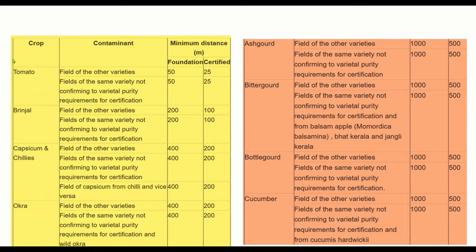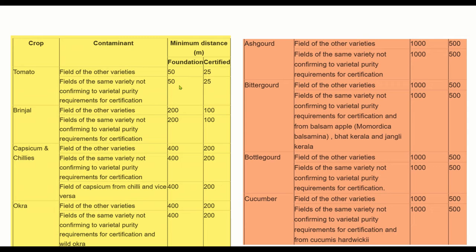So first of all, for tomato, the field of other varieties. In case of tomato, you have to maintain a minimum distance of 50 meters and 25 meters when you have to grow other varieties in nearby localities or a nearby field plot. And when it comes to a field of the same variety not conforming to varietal purity requirements for certification, say for example, when you're growing a foundation seed,